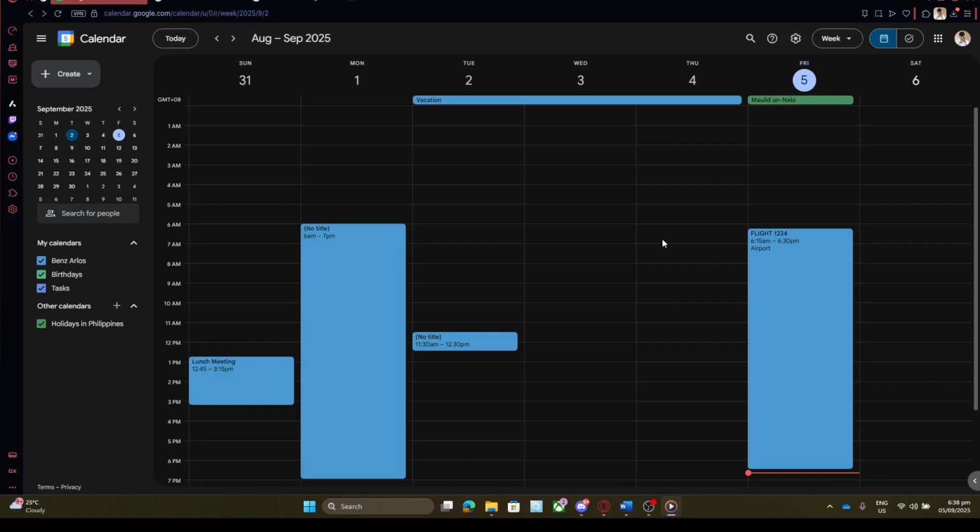Let's start by heading over to Google Calendar. Once you're there, ensure you're viewing the week of August 31st, 2025. This will give you an overview of your schedule for that specific week, allowing you to pinpoint any gaps or overlaps you need to address. Viewing your calendar in the week format provides a broader perspective of your commitments and helps in planning your week